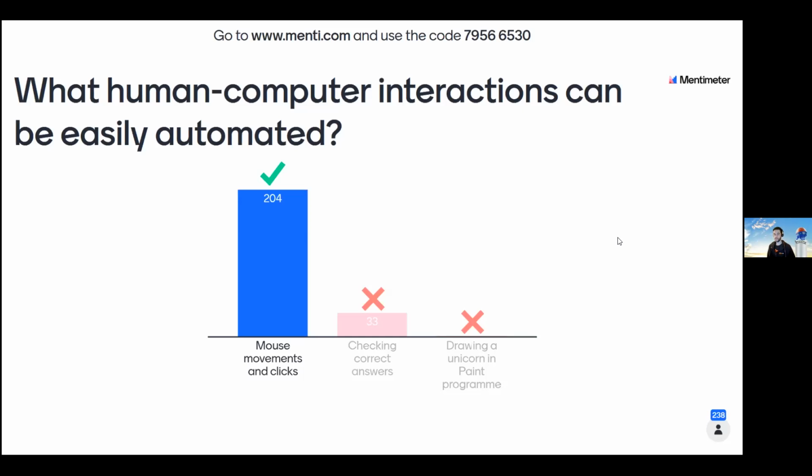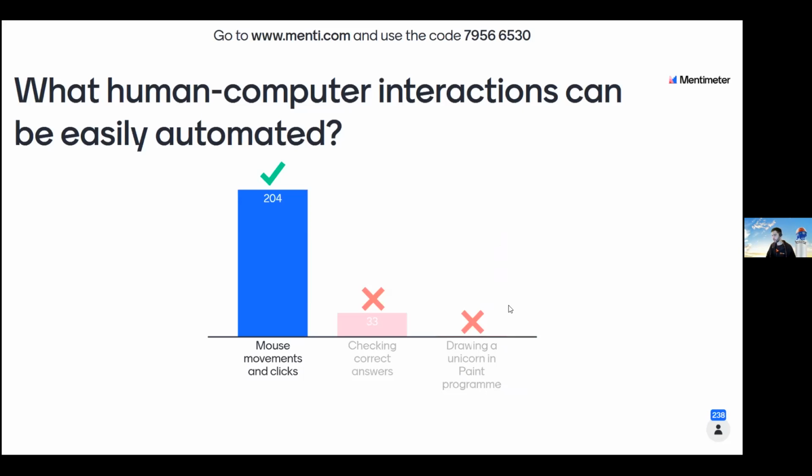Everything that we do with computers can be actually set up into a sequence of those kind of activities, right? And drawing a unicorn in Paint program, I think there are some artificial intelligence right now that are painting strange but great things, but no RPA robots for now, at least.